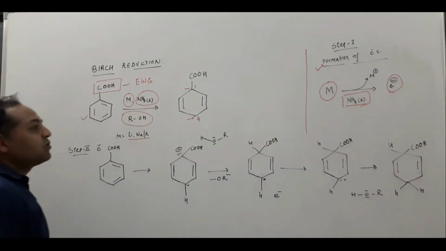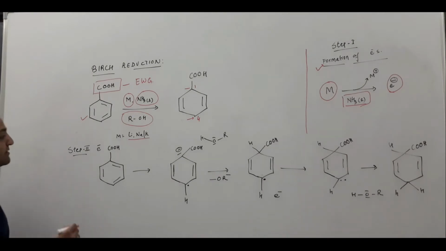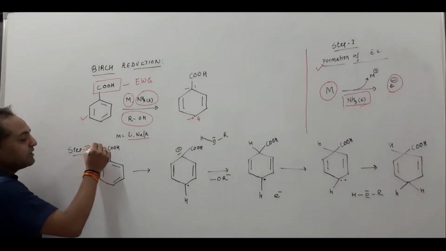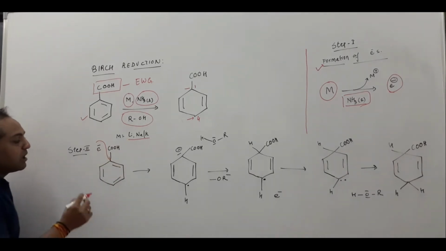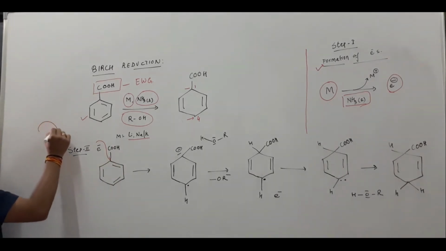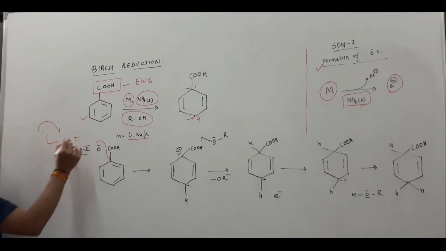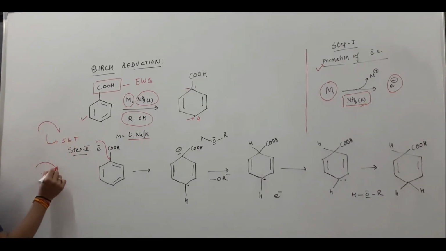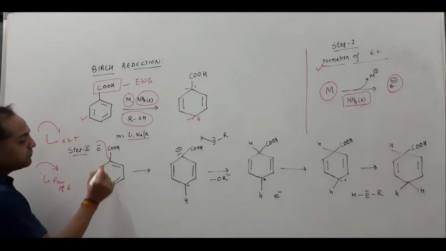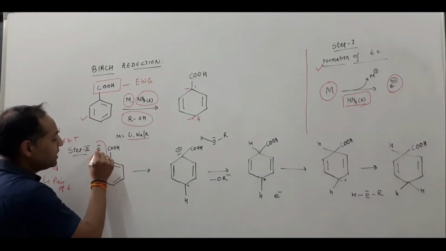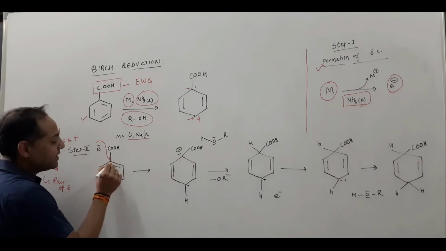Okay. Now this is called the single electron transfer mechanism. This one electron is transferred at these positions. Now look here, I have drawn this arrow, that means single electron transfer. If I draw this kind of arrow, then it's a pair of electron transfer. Now I have drawn a fish hook kind of arrow.